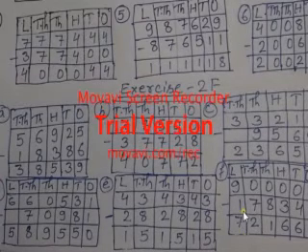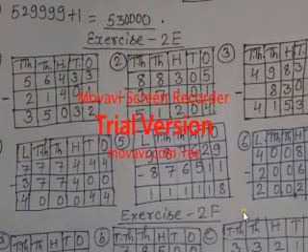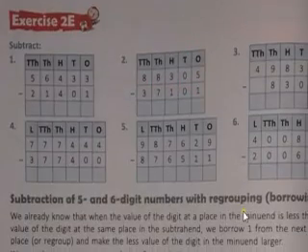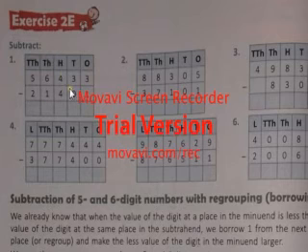So here if you will see exercise 2E, solutions are there, and here questions over here. So subtract is over here in question number 1. As you can see, ones, tens, 100, 1000, 10,000. Simply you subtract. 3 minus 1 is 2, 3 minus 0 is 3, 4 minus 4 is 0, 6 minus 1 is 5, 5 minus 2 is 3. Same way I had done over here.